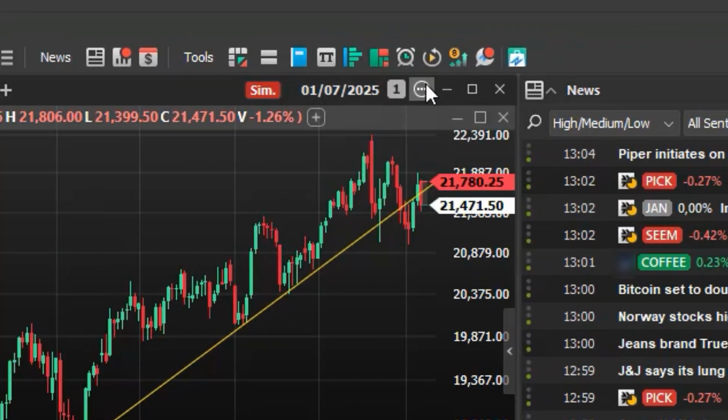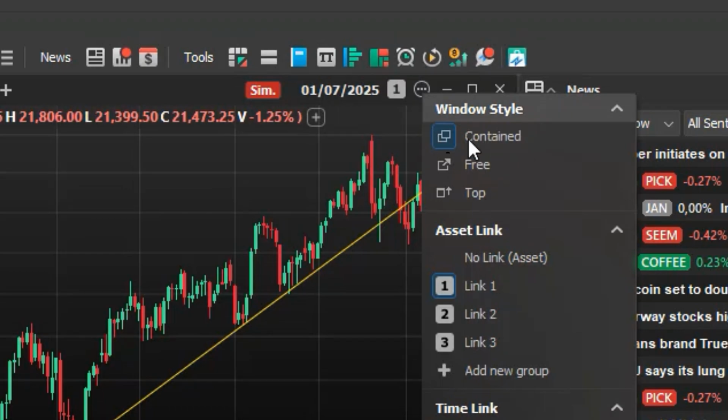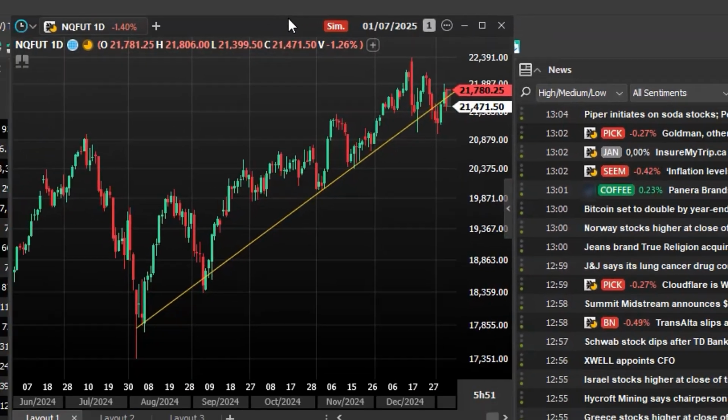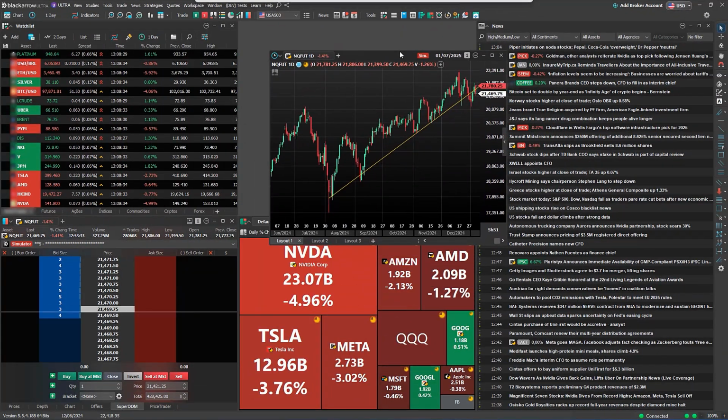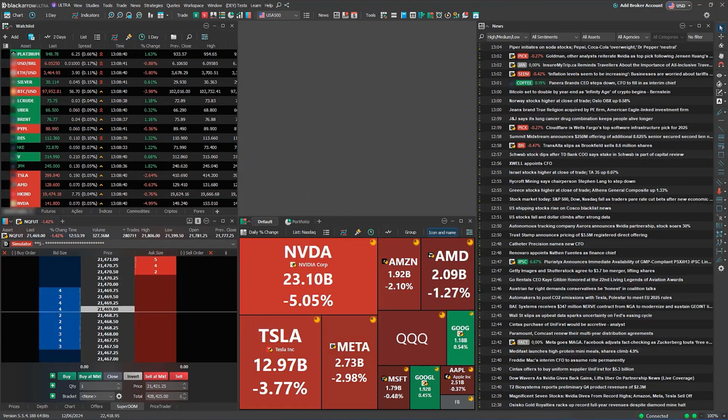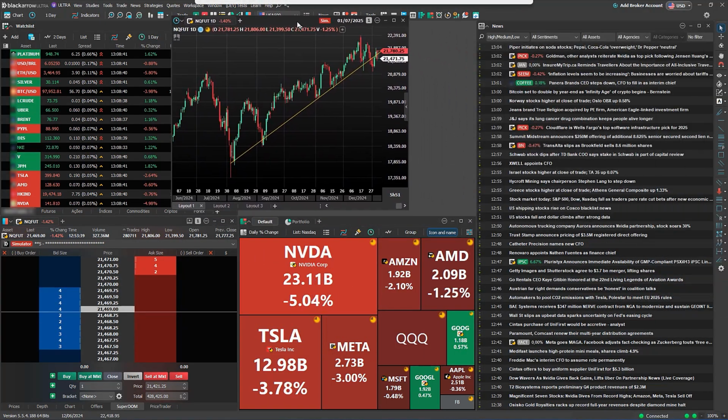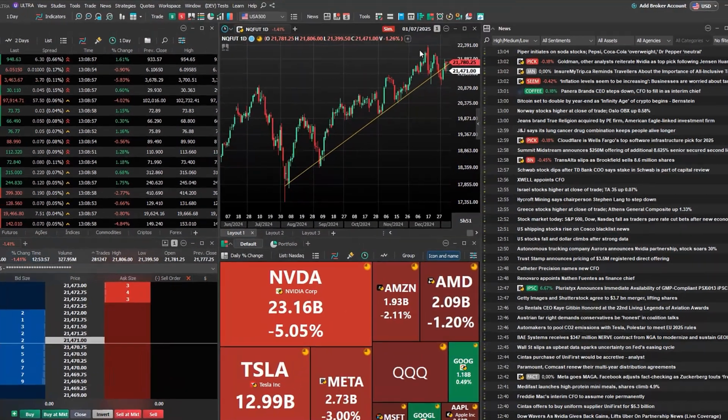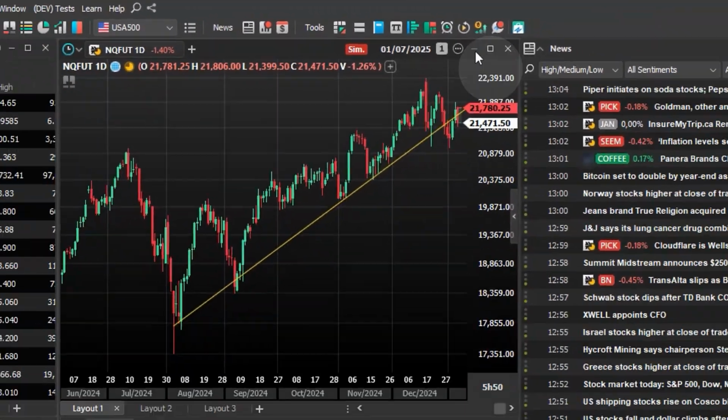To free a window, you first click the 3 points in the right upper corner and select Free. Now it is detached from the BlackArrow's main window, and you can drag it anywhere you want, for example, to another monitor. If you don't want to visualize a chart or a window, you can simply minimize it by clicking